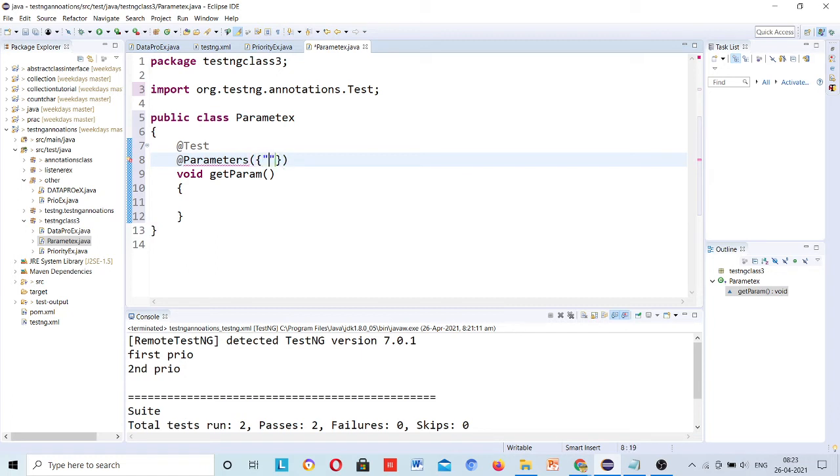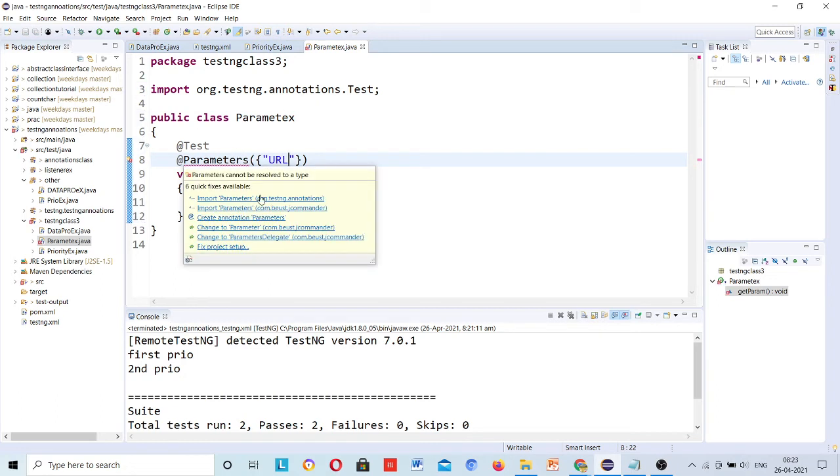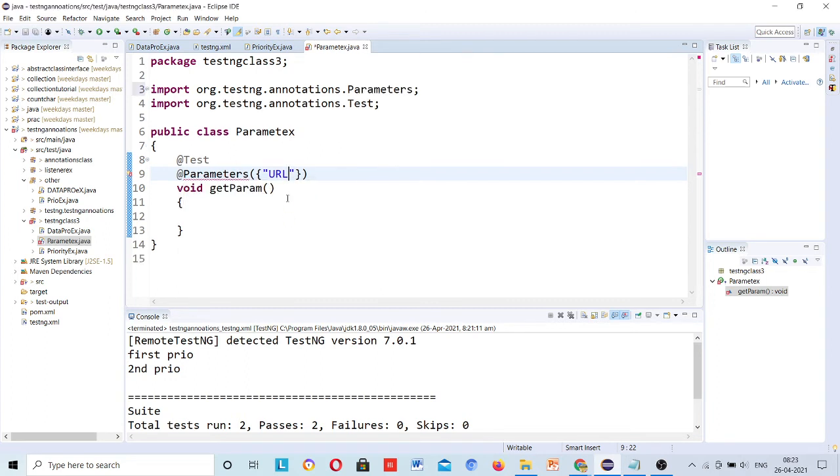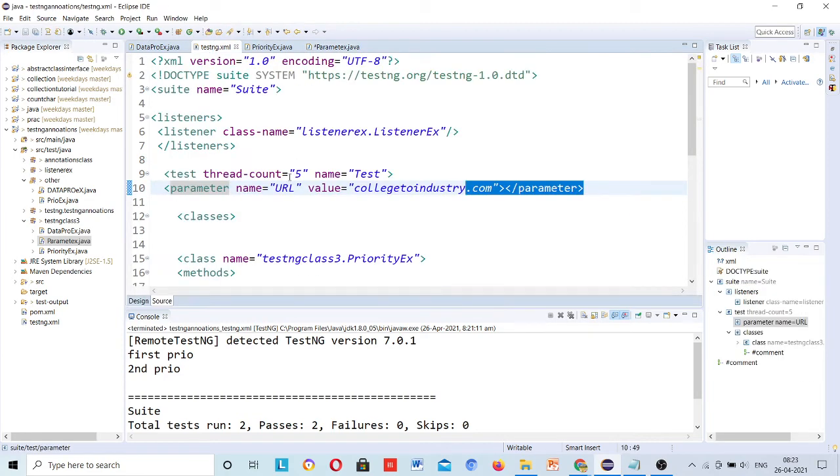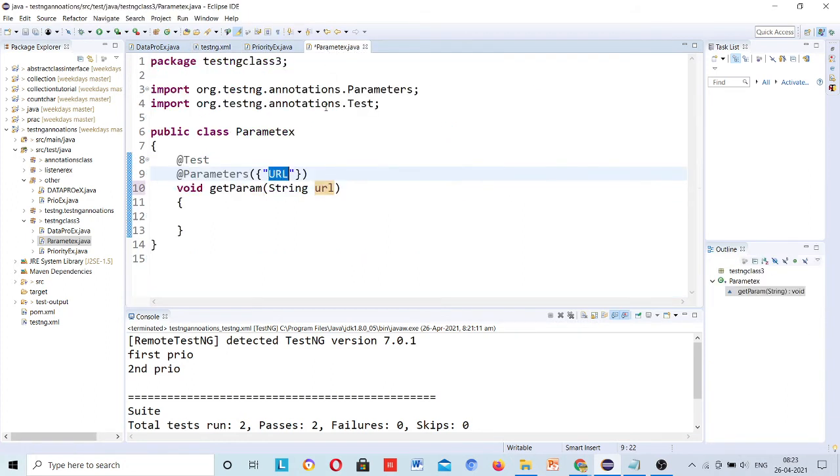What name we have passed there: URL. I will import org.testng.annotations.Parameters. Any variable name you can give, but here you should have the same variable name that you have passed in testng.xml. So here I will give the same, and you can print the URL here.